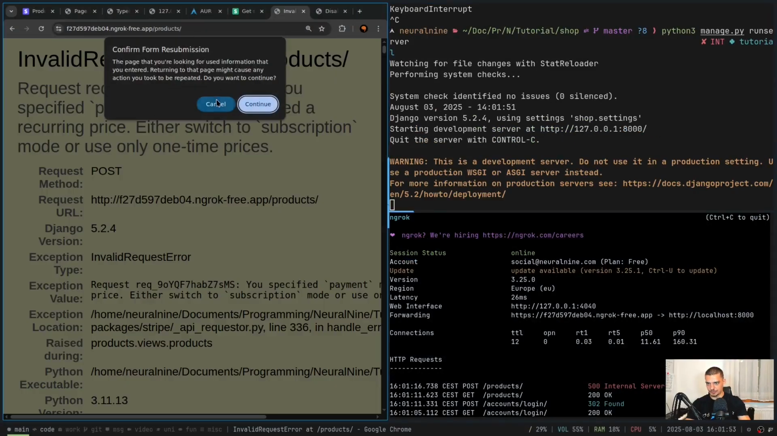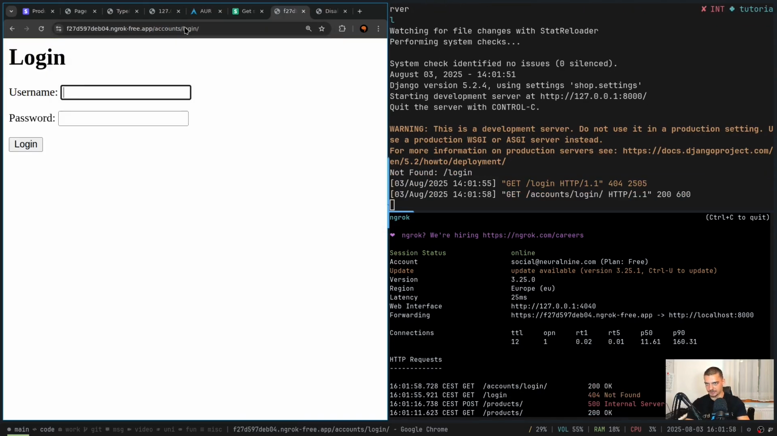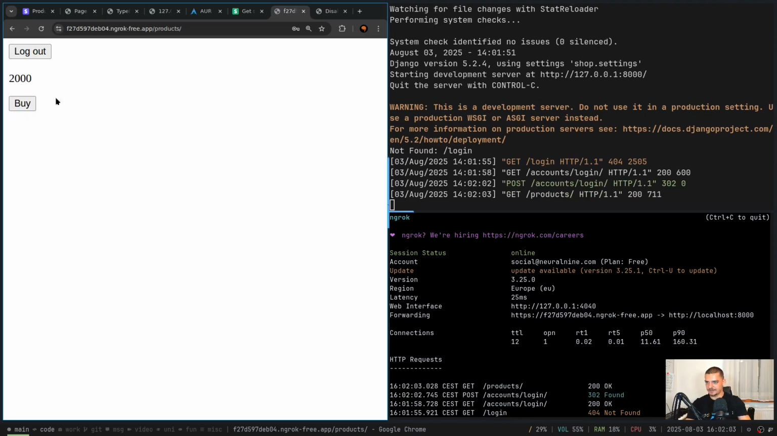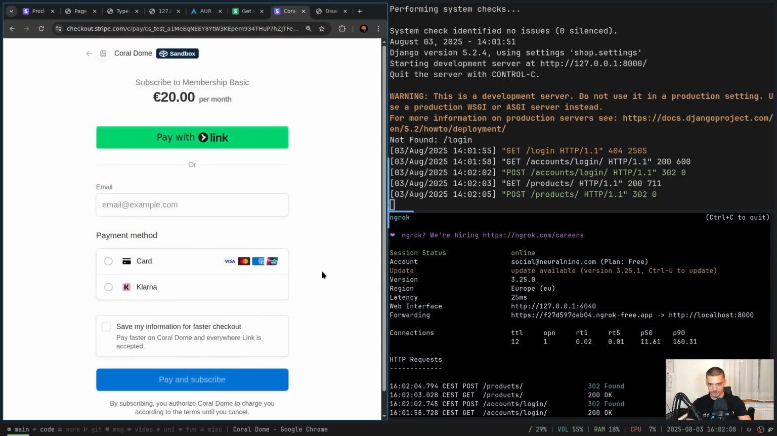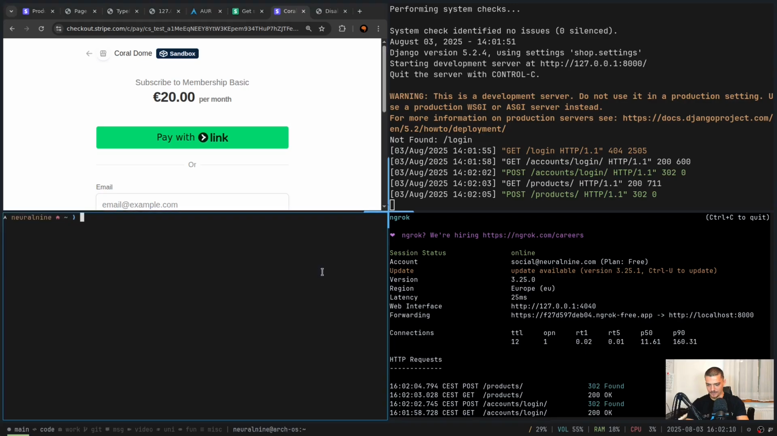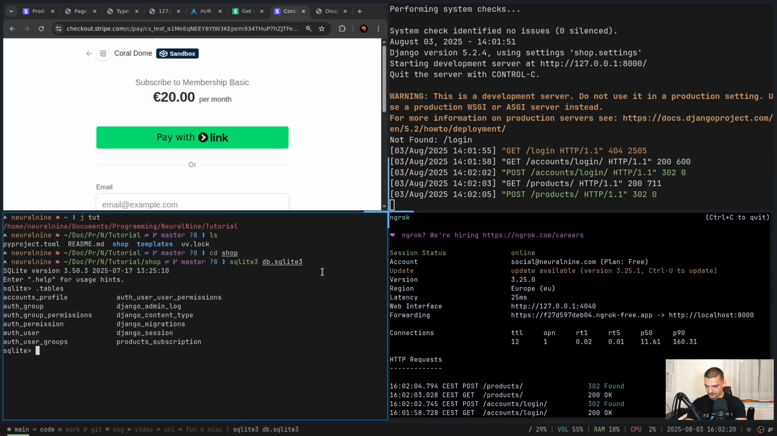Let's go to login again to make sure we're logged in properly. Of course, it's account login, neural9, and test. Now let's try to buy the subscription. Also, before we do that, let me show you that I'm not a premium member at the moment. So let's go to the tutorial directory, let's go to the shop. Let's open up SQLite3, the database here. What is the table name? It's accounts_profile. So we're going to say select everything from accounts_profile,